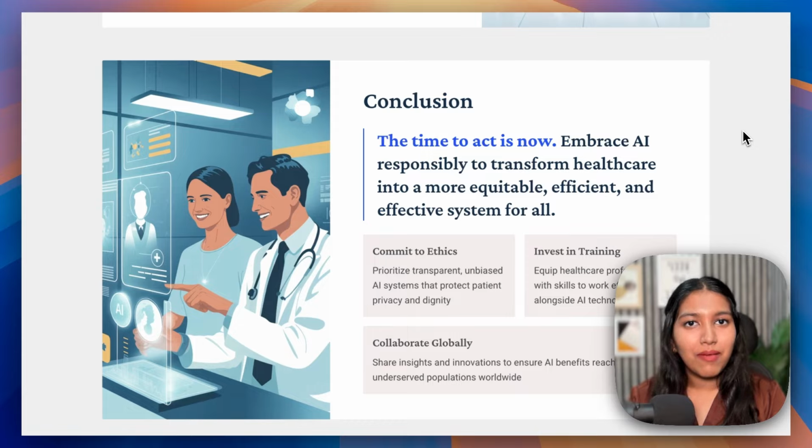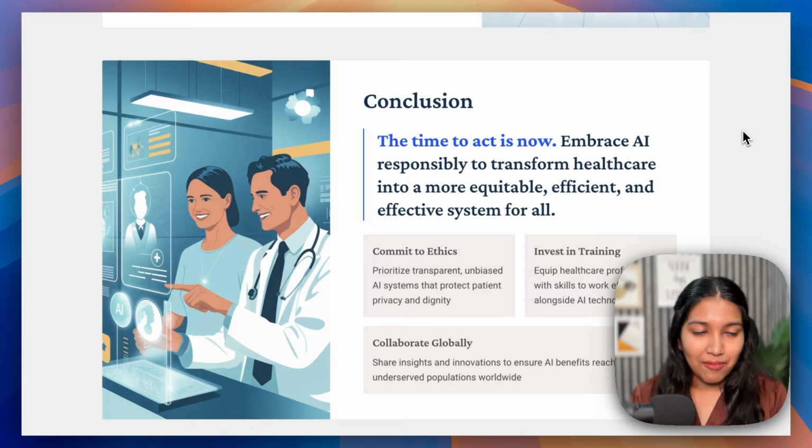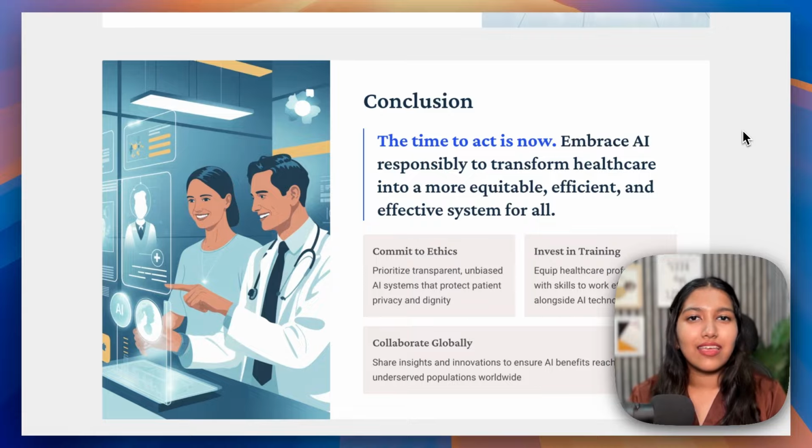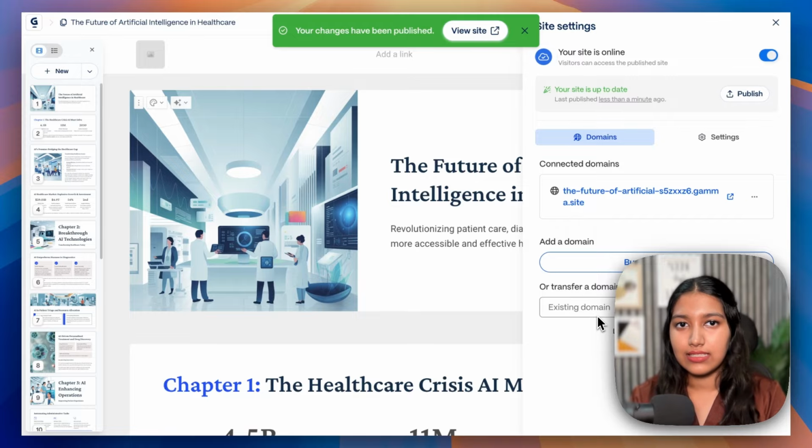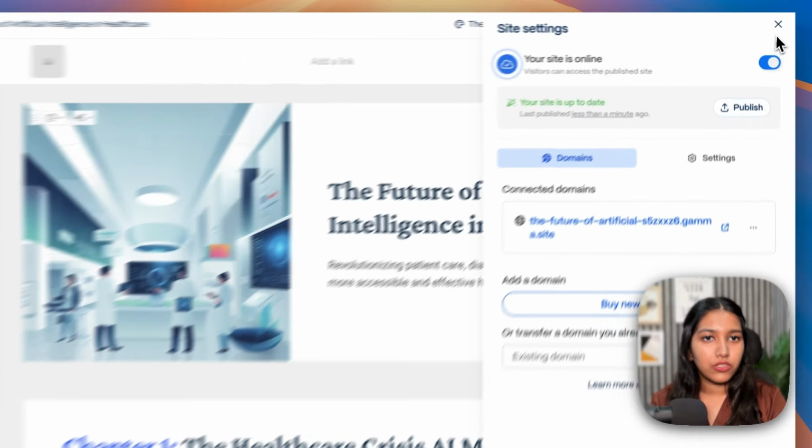I used to do it in my early days. My portfolio was on Gamma and I used to share that link with my clients. They were very impressed every time as compared to sharing a PDF with my client. Because when you're a stranger and you send them an email, they are a little hesitant to download an attachment. And at that point, if you share a link, I think that's way better. Now, you can obviously connect to your own domain, but that needs some DNS settings. So again, up to you.